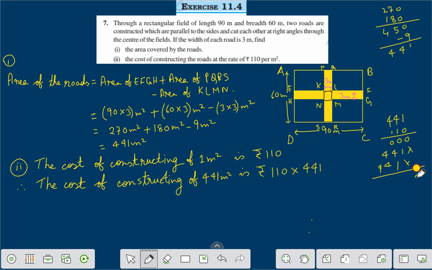If you add these, this is 0, this is 1, 4 plus 1 is 5, 4 plus 4 is 8, and this is 4, so 48,510, that is equal to rupees 48,510. Therefore, the cost of constructing the roads is rupees